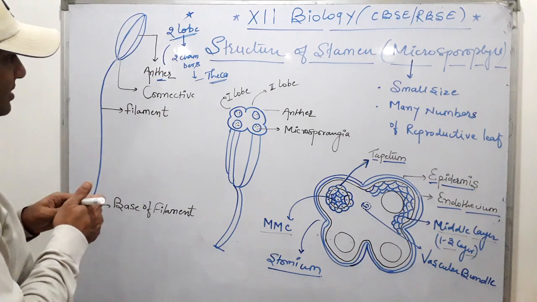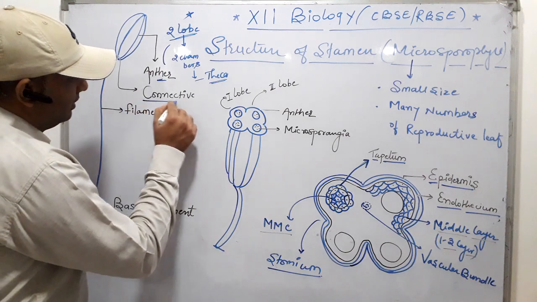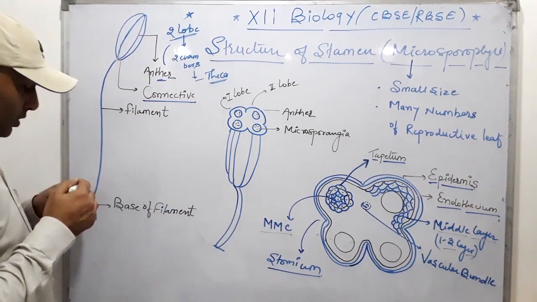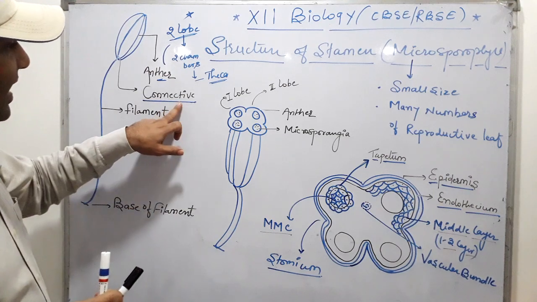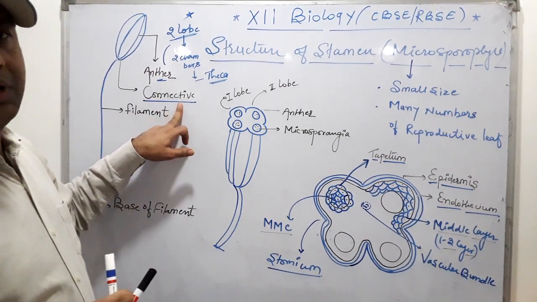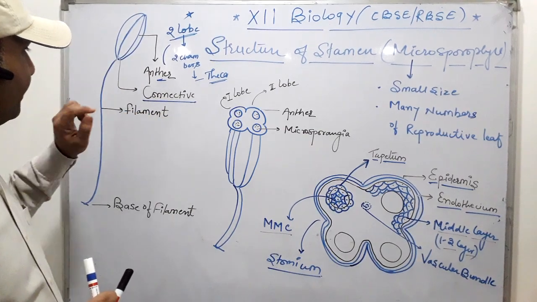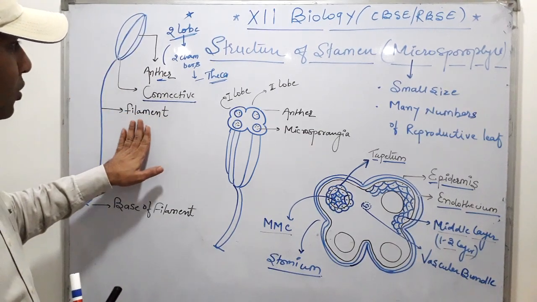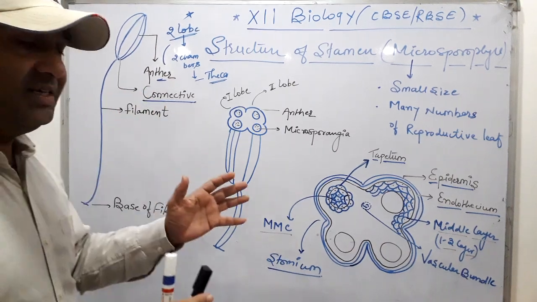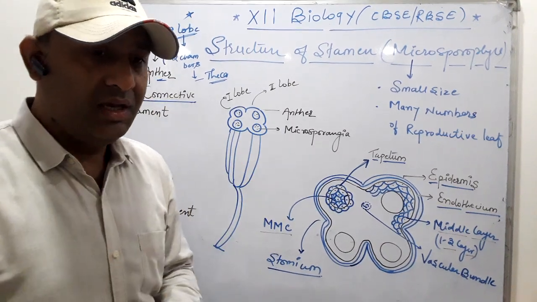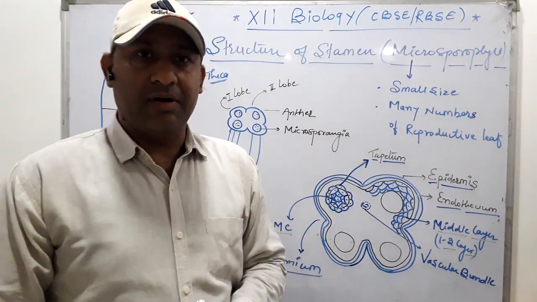Okay, so that is the anther and the long filament. Now the next structure is called the connective. The two lobes are joined at an area of tissue which is called the connective. So the two lobes are joined by the connective, and the long thread-like structure is called the filament. These two parts can be easily visualized when we see the flower.